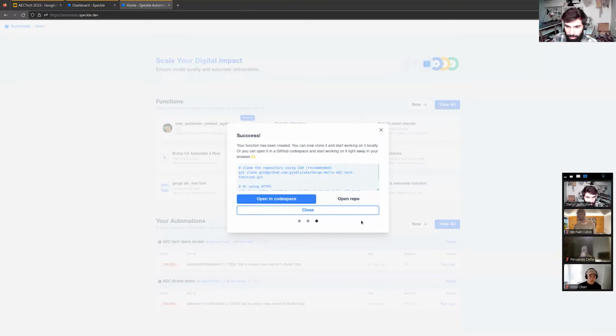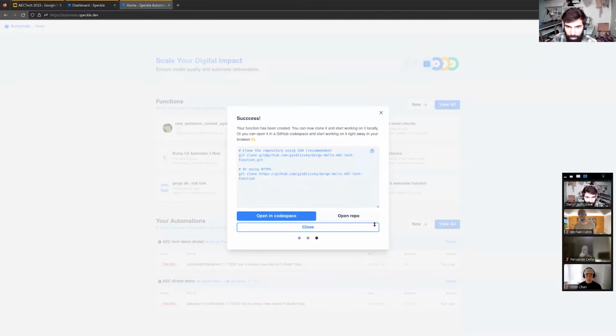For those of you who've landed already on this page, this is already success. Your function has been created. So if you go check out your GitHub account, you will see the function. But we also try to give you a few actionable items from here. There are three options. You can open your repository on GitHub with the Open Repo button. You can use our Git clone options